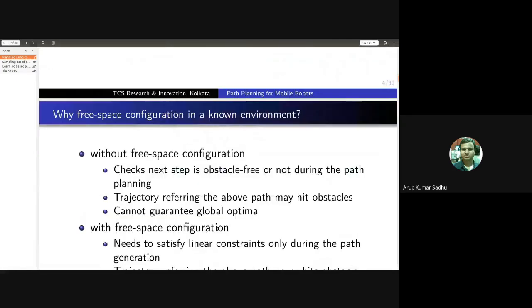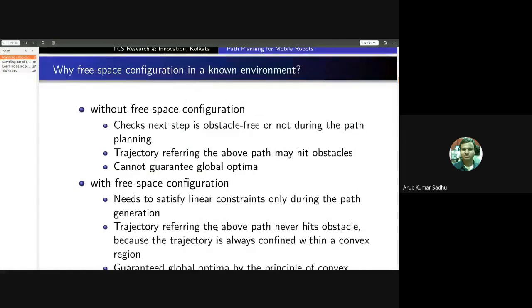Now, why do we go for configuring free space in a known environment? Because everything is known in the environment, it is visible to the agent by perceiving using sensors like camera, lidar, and maybe ultrasonic sensors. But why do we need to configure this free space? What is the advantage?